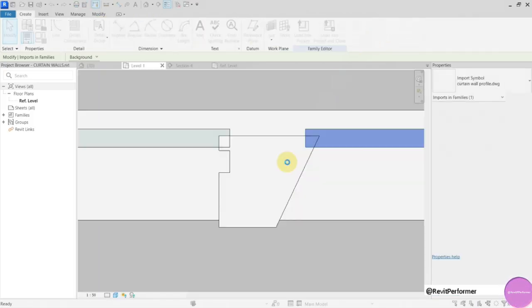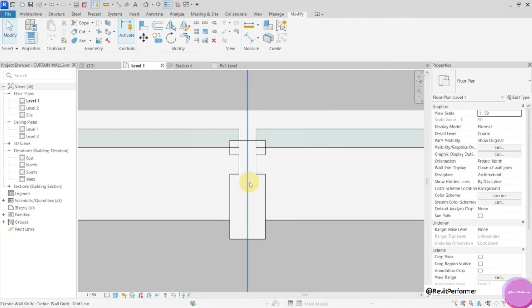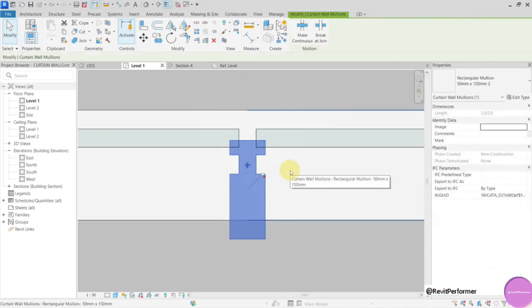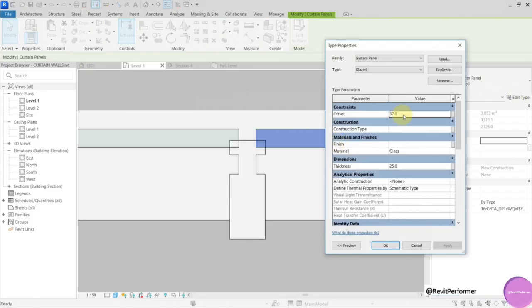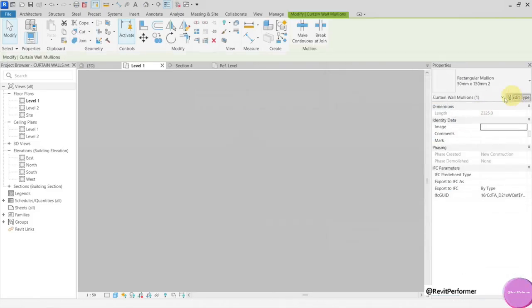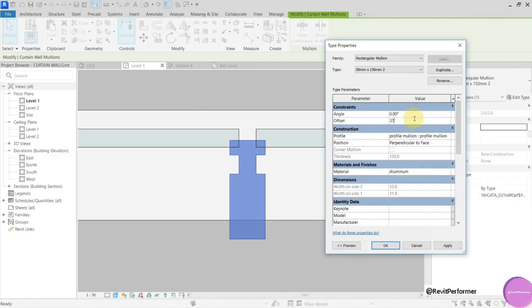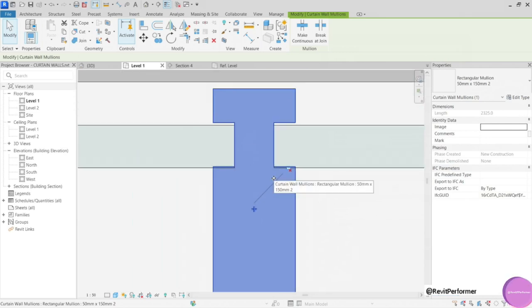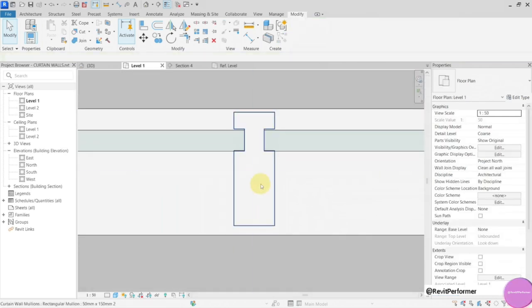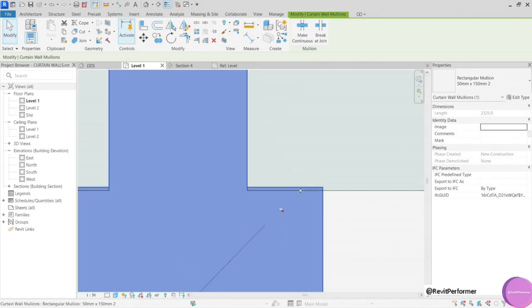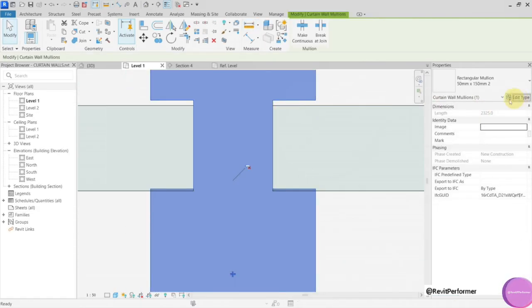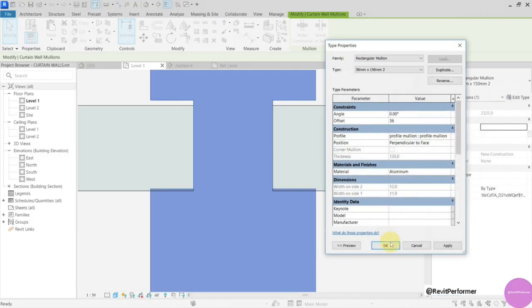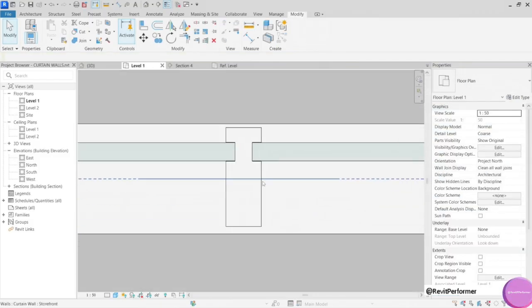So let's load it back to the project, overriding the existing version. It looks something like this. You can see that I need to offset it. And this one is offset by 37 millimeters, so I'll probably need to offset this the same, 37. Okay, looks better. Probably a little bit less, but let's do it like this. Okay, 1 millimeter less, so 36. Okay, now it goes perfectly in.